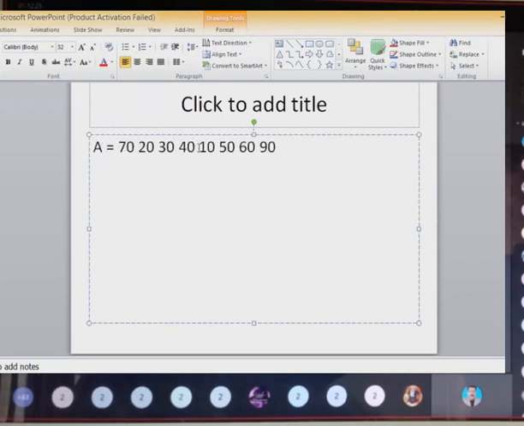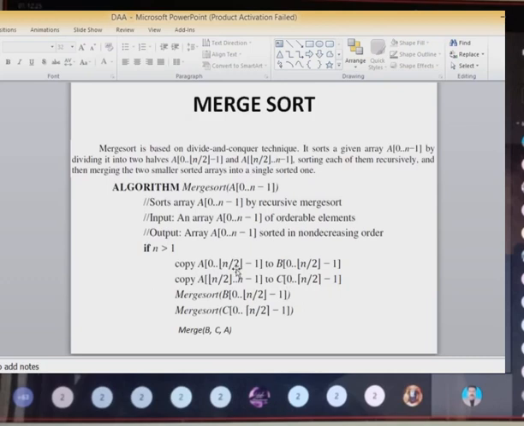Okay. Now copy the first half of the elements to the B array. So copy to B is equivalent to 20, 30, 40. Next, copy the second half of the elements to the next array, that is 10, 50, 60 and 90. Okay, as per the pseudocode,